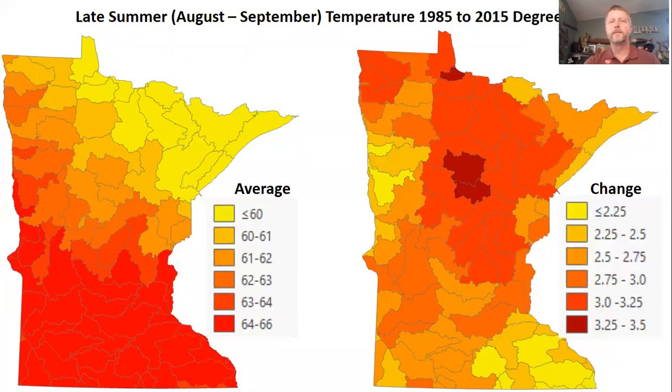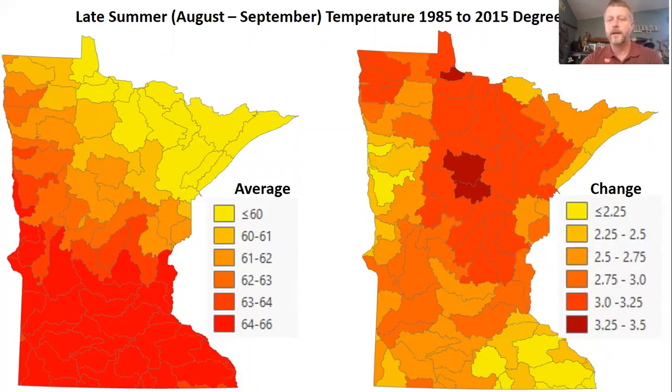If we look at precipitation and temperature, these are August to September, so trying to link it up with the same time period as the water clarity data. So that's late summer data. So here's temperature, a lot warmer in southern Minnesota than northern Minnesota. And then if we look at the change, it's getting a lot warmer up in northern Minnesota than the rest of the state. So some significant changes going on